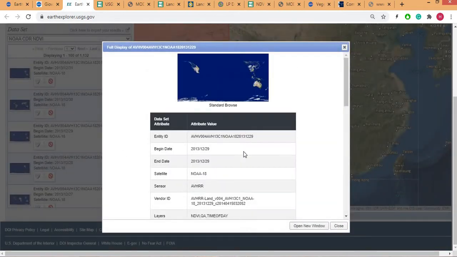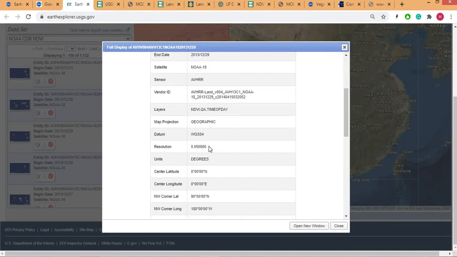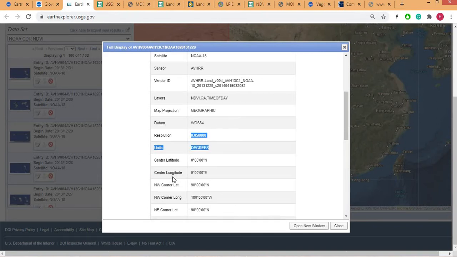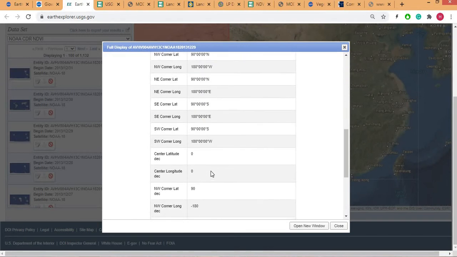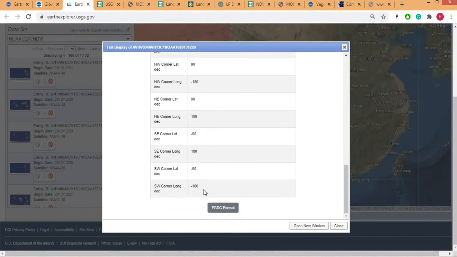If you click here, you can see its metadata information like entity ID, the name of image, beginning date, end date, satellite and sensor, and its layers, its datum, resolution, and the units. It is data of temperature, its central latitude, longitude, its corners, its further information, and this is the format.